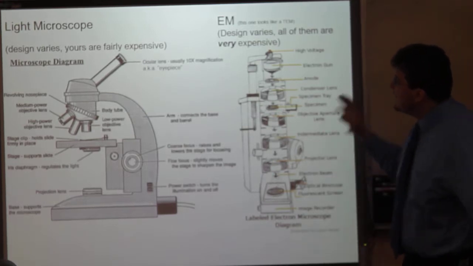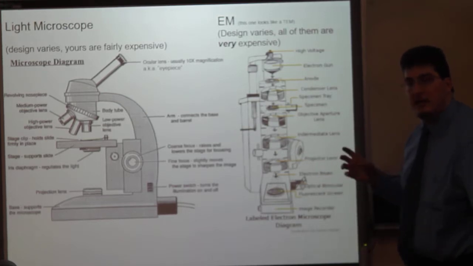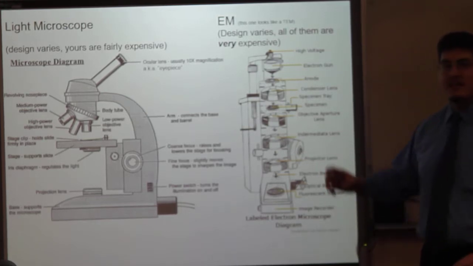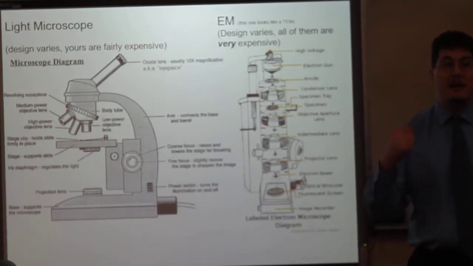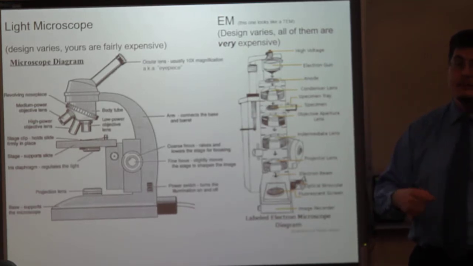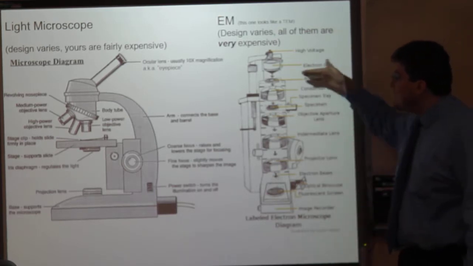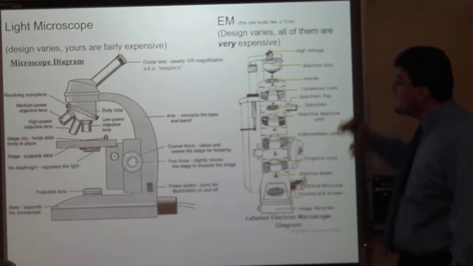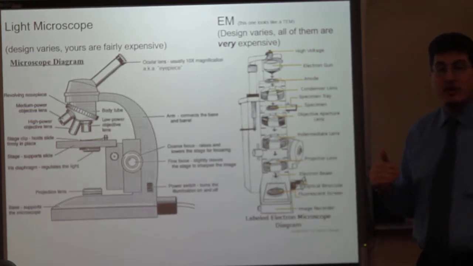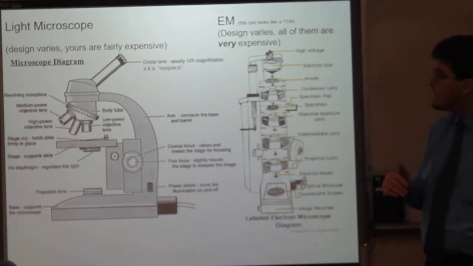Instead, with an electron microscope, you focus the electron beam using a lens that is an electromagnet. Because electrons respond to electromagnetic waves and magnetism, because they are the same force, thank you physics, you have a series of magnets. You have a series of magnets in an electron microscope that focus and refocus the beam of